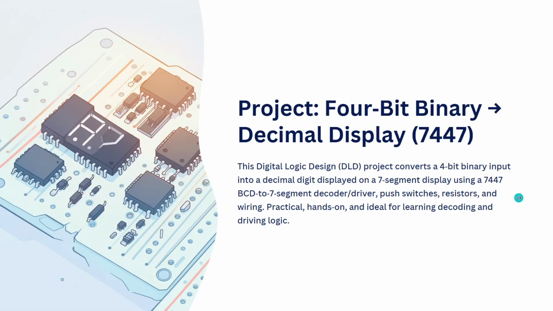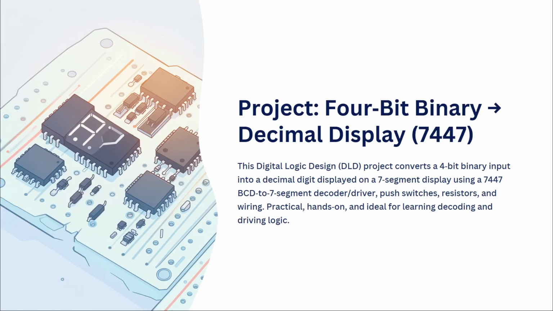My ID is 242156545. Today I will present my project called 4-bit binary to decimal display using 7447. This project is about converting a 4-bit binary number into a decimal digit. The output is shown on a 7-segment display, which is the type of display we often see in the digital clock and the calculator. In this system, I use